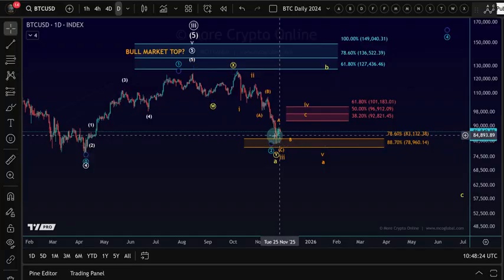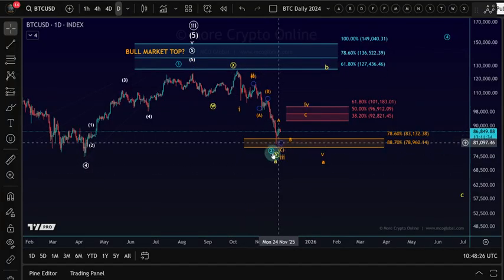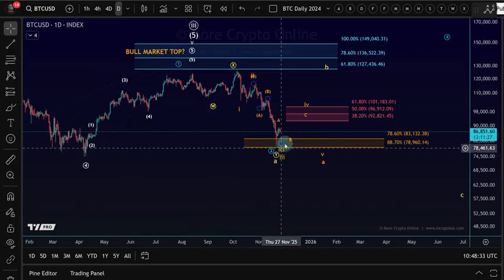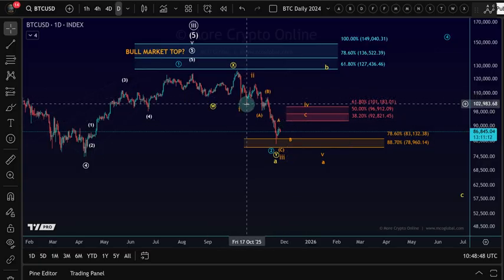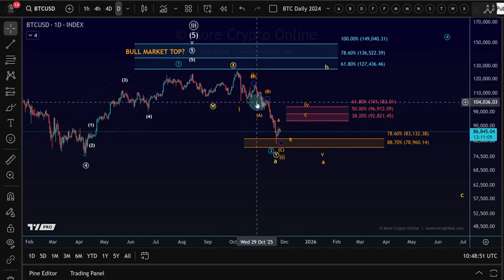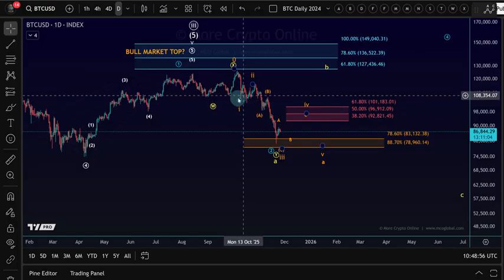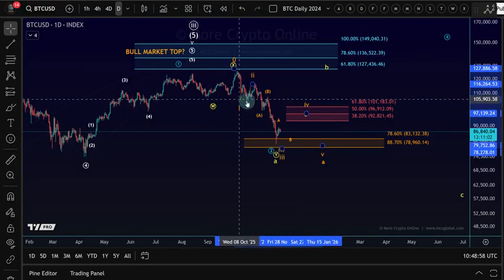So we want to take a look at the daily chart here. What we see here on the chart is a bounce from the swing low that formed here on Friday the 21st. The idea was that we should start a bounce in the wave 4 over the next couple of weeks or so. I mean, timing is always very difficult, especially from an Elliott wave point of view. I cannot really confirm how long something takes, but if we just look at the wave 2 that happened up here, you could even argue that it also lasted 2 weeks at the very least, depending on from where I measure the start, maybe even 4 weeks, depending on where I measure the start of the wave 1.